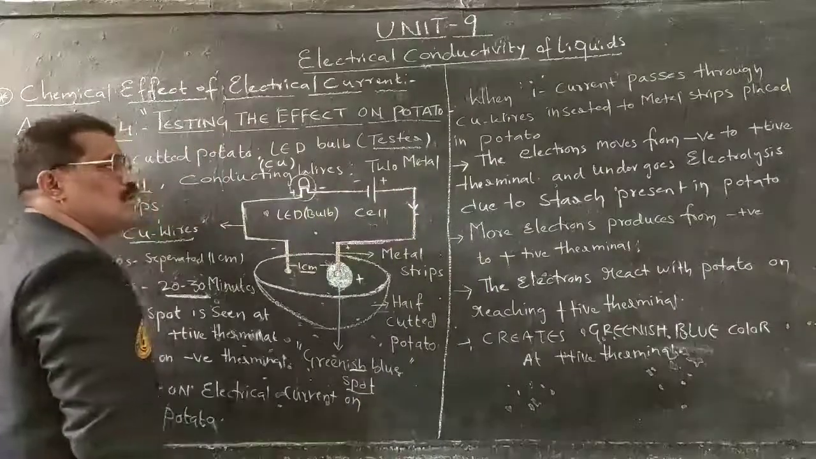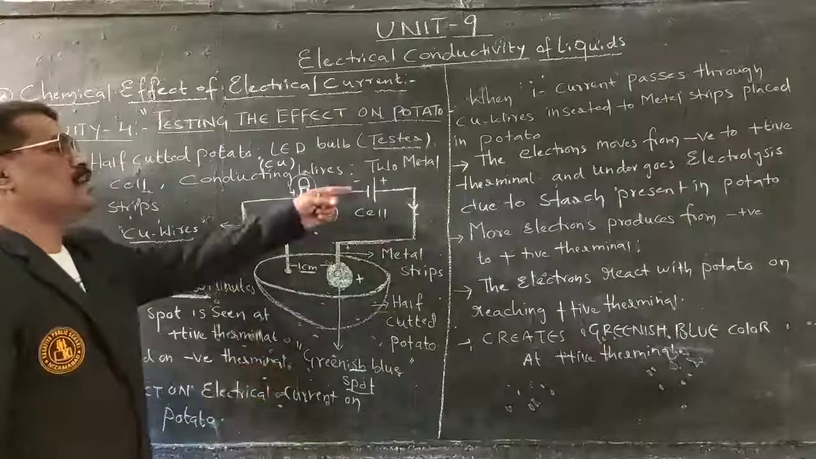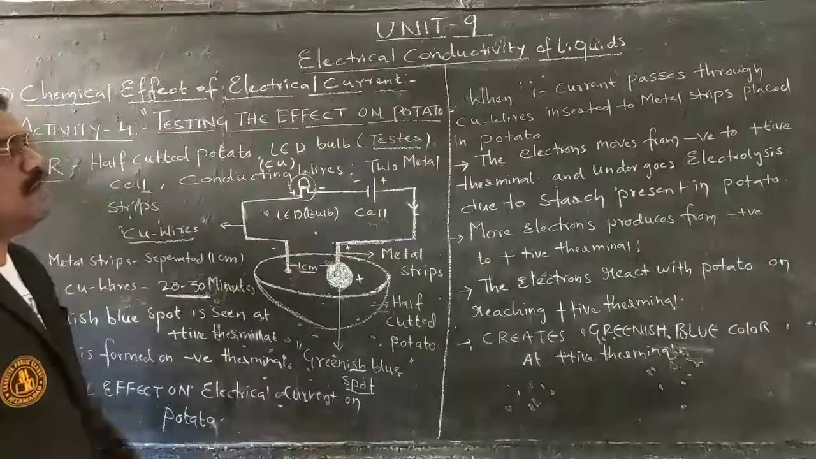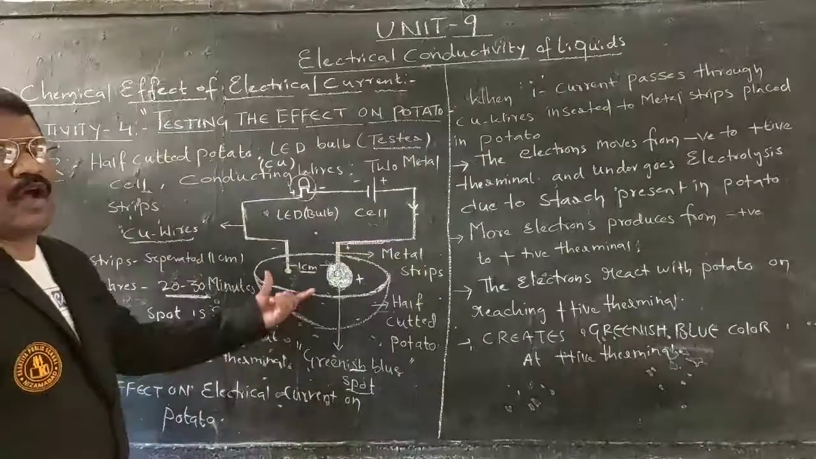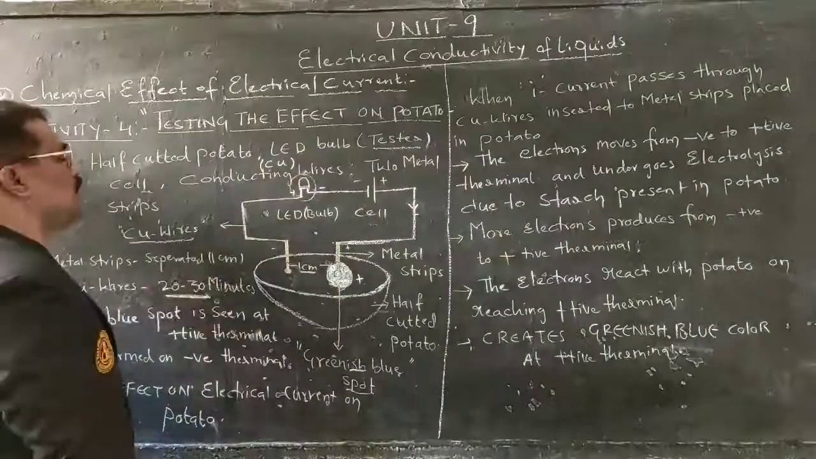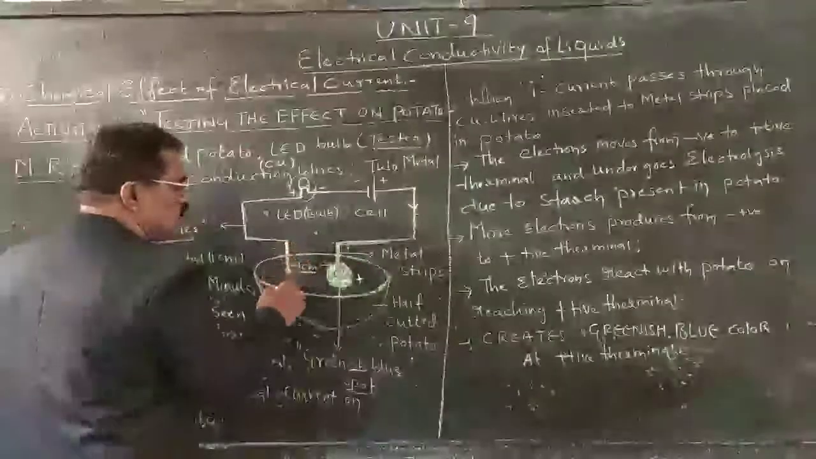From high potential to low potential, current passes. In the sense, what is it? Electrons will be moving from the negative terminal to the positive terminal of the wire. As the current is passing through this copper wire, by connecting metal, we are placing two metal strips